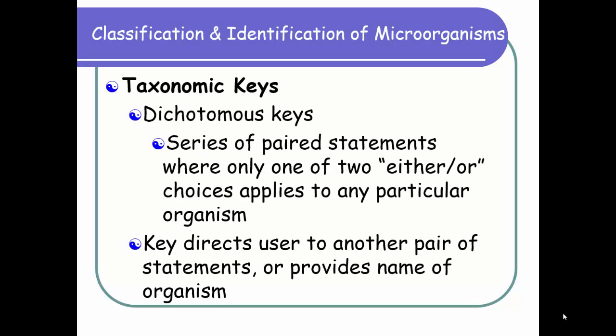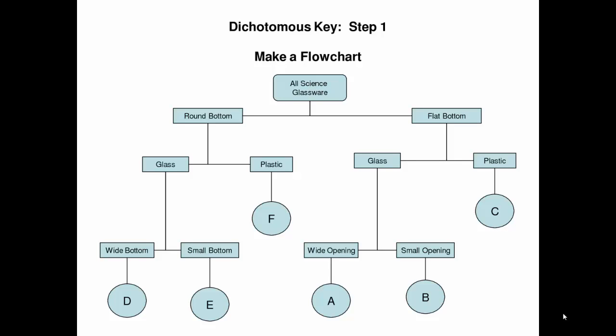Taxonomic keys. We will be using a dichotomous key in order to identify the unknown bacteria. This is a series of paired statements where only one of two either-or, yes, no, positive, negative choices applies to any particular organism. The key directs the user to another pair of statements or provides the name of a specific organism. For example, if I were to go into our prep room and make a dichotomous key of all